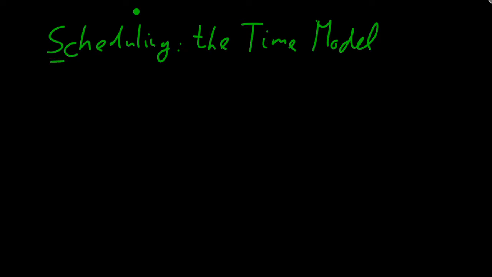So far we have been considering the list model, in which we just had to schedule all the jobs according to the order of their arrival, and then and only then we started the machines and waited for the rest of them to finish. But in this time model,